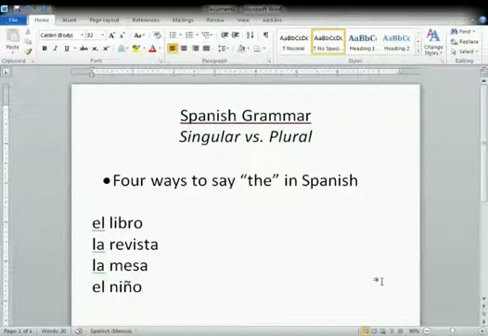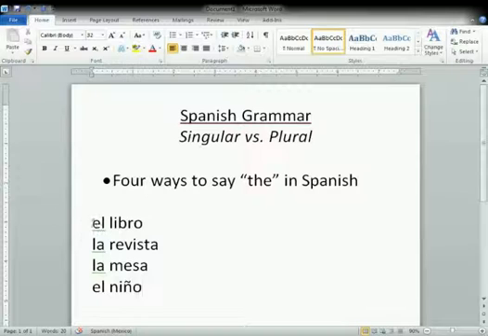Hola, this is a brief video to provide you some guidance on how to change a word from singular into plural in Spanish. Not too complex of a topic, although there are some differences from English. All right, to begin with, there are 4 ways to say the in Spanish. We're going to come back a bit to that, but I've got to throw that out there because we need